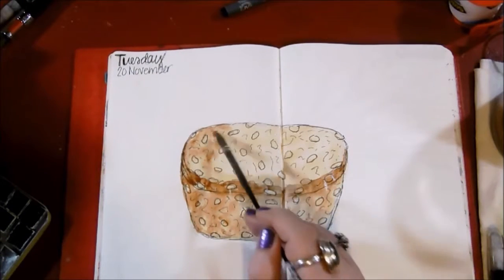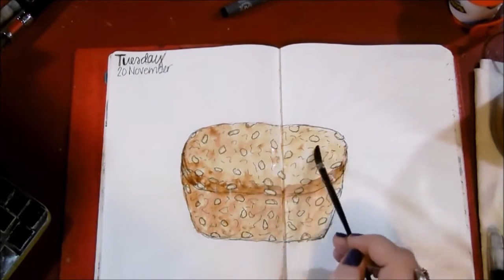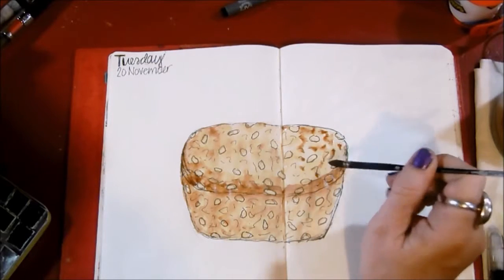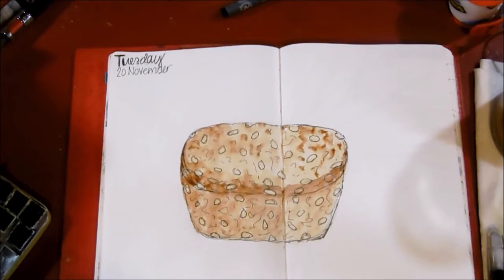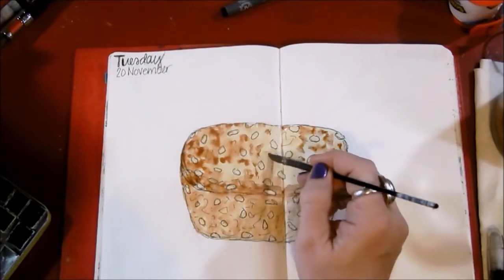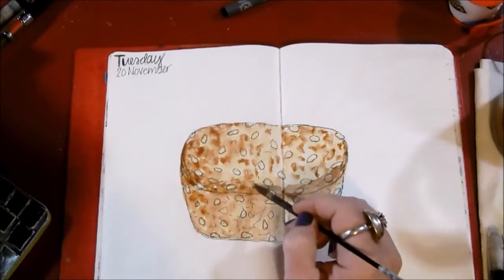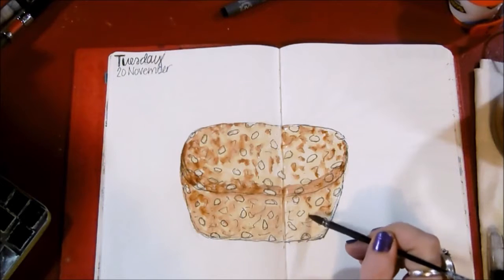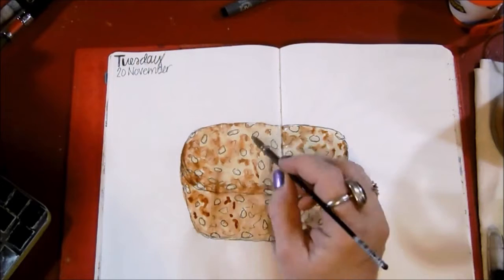The funny thing about drawing from memory is that you can't always trust your memory. My banana nut bread looked pretty good, but it actually looks a little bit better now because I've shaded in the right-hand side a little bit more, and now it looks better. But this was when I first was doing this, and you can go back in and touch things up, and you can go back in and lighten it a little, you can darken it a little, and I've done that. And that's one of the reasons I'm doing this chat,